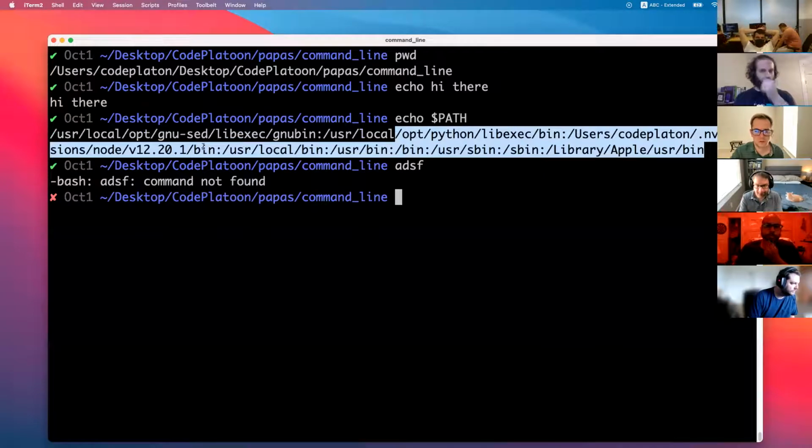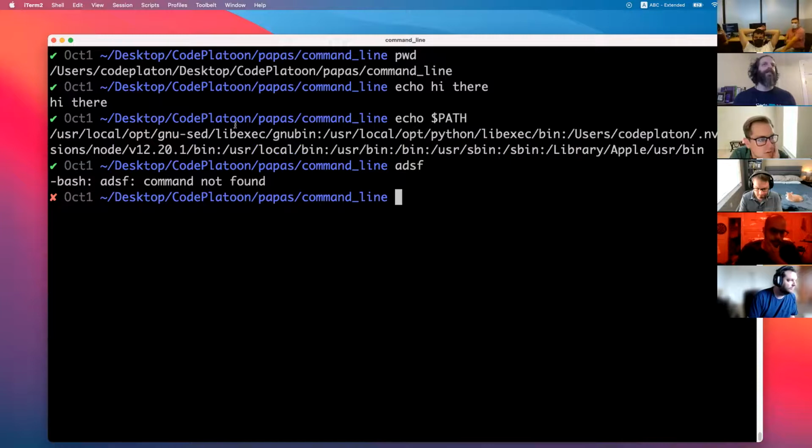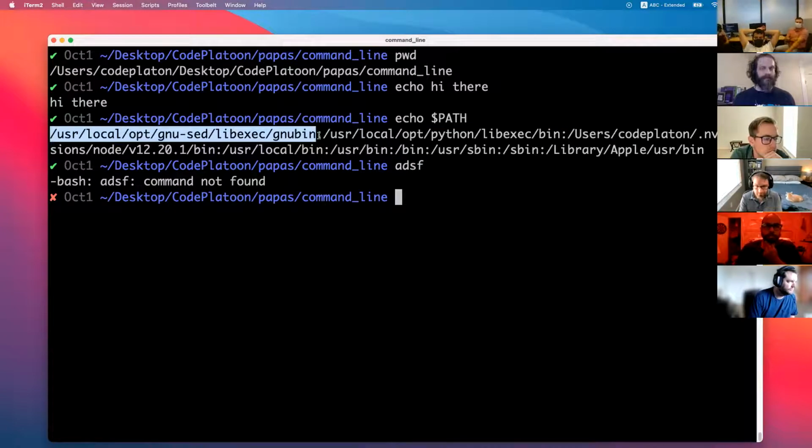So what my terminal actually did was it said, okay, here's a command, ADSF. It's going to look first in here. So it's going to go to this particular place in my computer, this address. It's a series of directories or folders, and it's going to check, is there anything in here called ADSF? Nope.